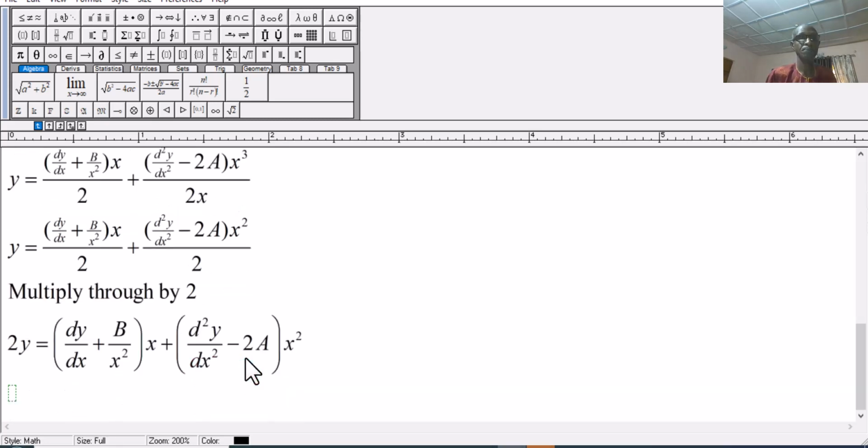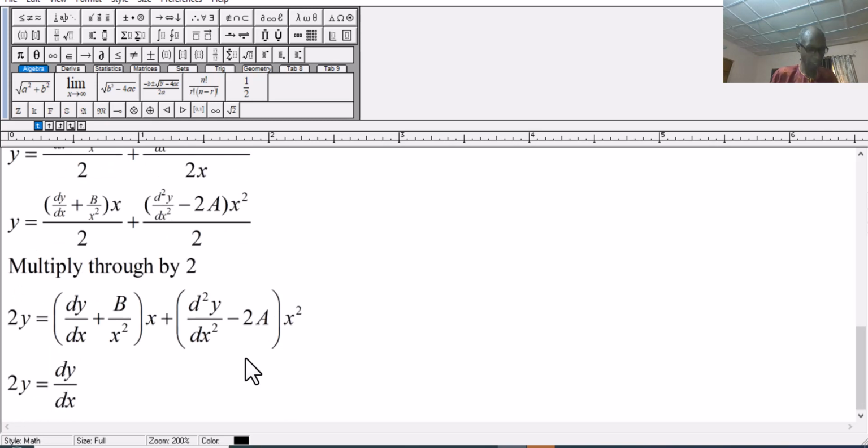So now we are able to bring out all this, and let's see how we can tackle it. So we have 3y equals dy/dx, remember there is x here, plus b, this will be b over x, that will cancel out. So we now have plus the d2y